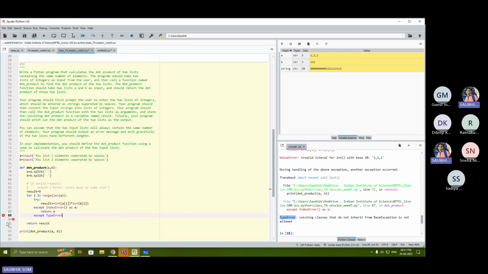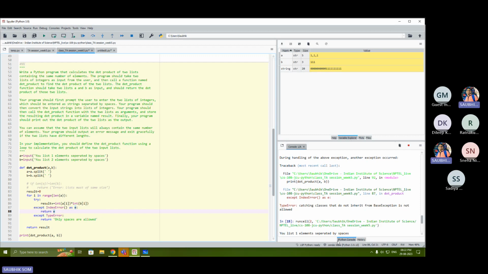Except type error. I'm returning. No, there is no limit. Except type error, we'll say that only spaces are allowed. If I now do it,